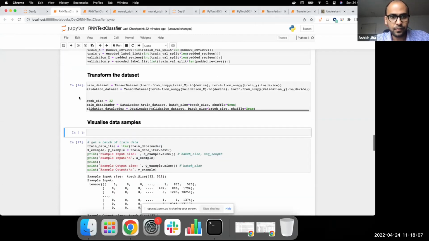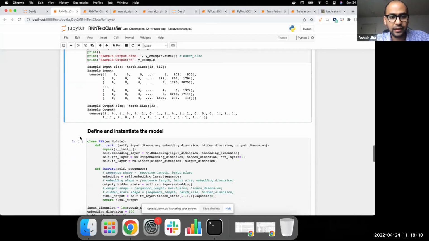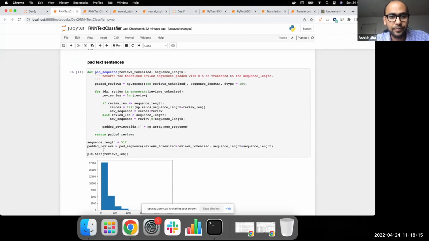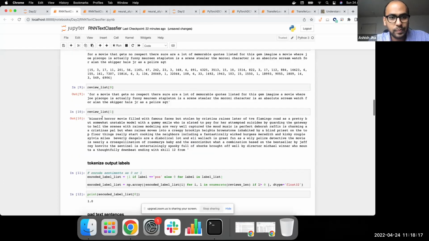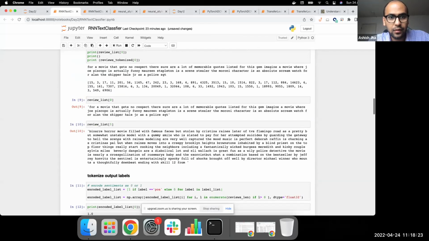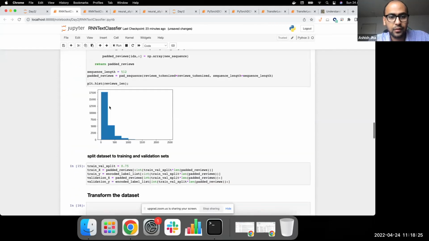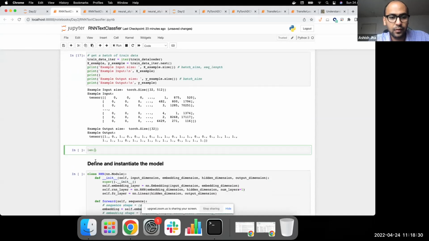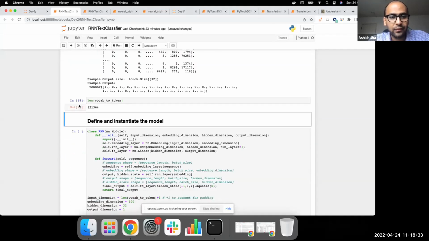One initial thing I want to get really clear is, when we did the tokenization of words into numbers, we came up with 121,364 different words in our dataset, right?